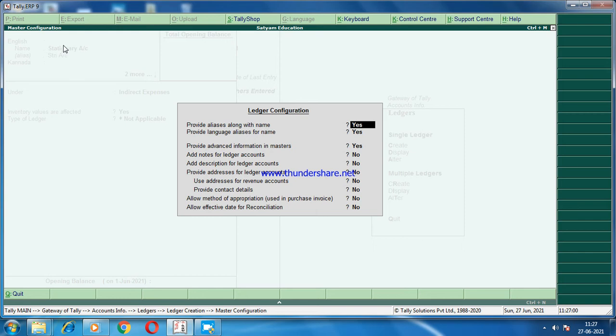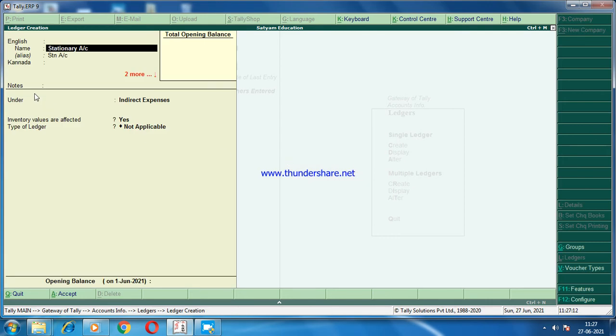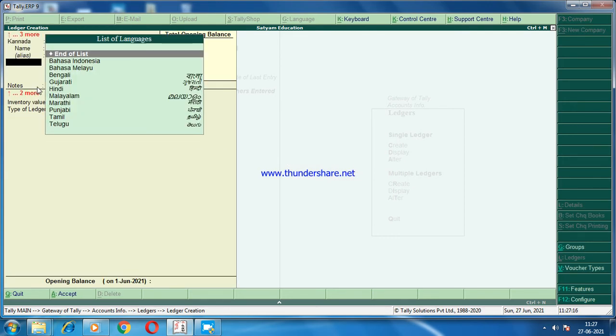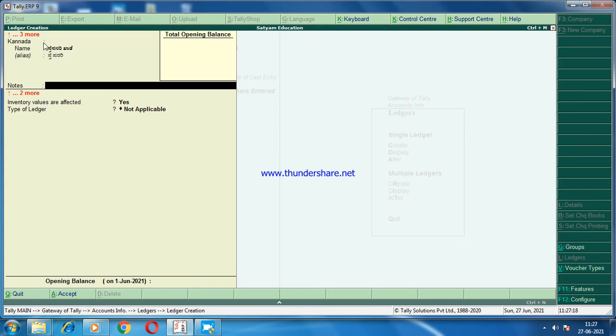For what purpose you are creating the ledger and what it contains. If you would like to write the note, you just have to set it as yes. The note field is available for you to enter the detail. Here you have to enter the note detail regarding the ledger. Stationery, what it contains, like what it contains with what,